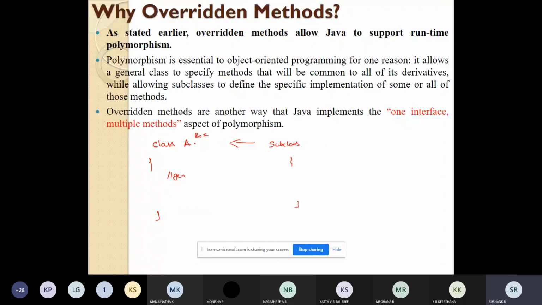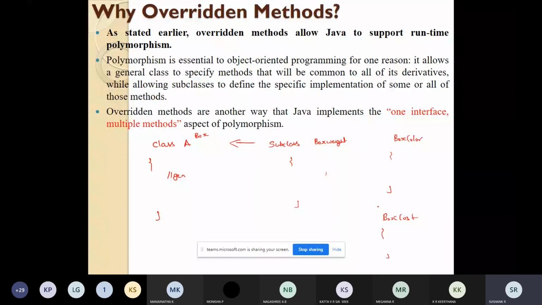For example, if the main class you take as a box, then you can create a class called box weight, which will check the weight of the box. You can create a class called box color, which will decide the color of the box, and also box cost, which will decide the cost of the box.